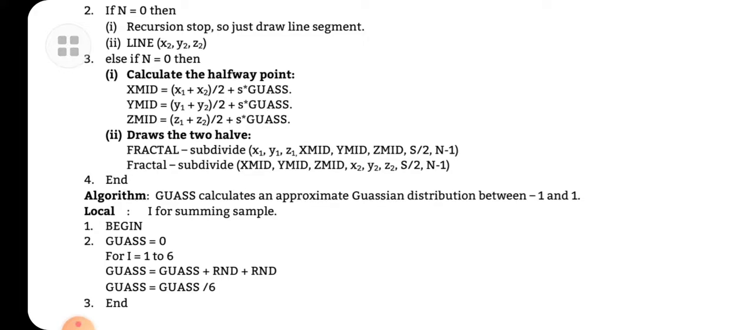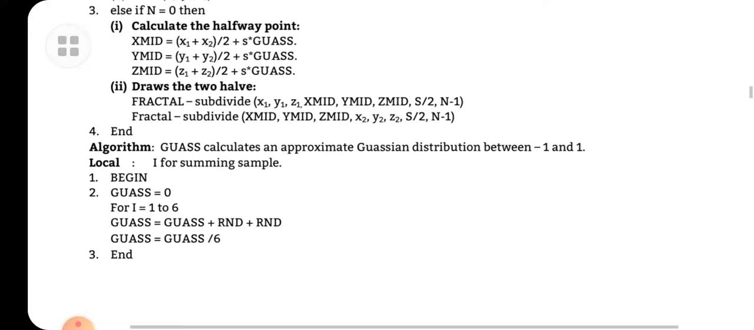In the fractal, the subdivide x1, y1, z1, x mid, y mid, z mid, s divided by 2, and n minus 1 is here. And then the next fractal is the subdivide x mid. These are the equations we are using to draw a line from one point to another point, and these are the fixed steps for using it to